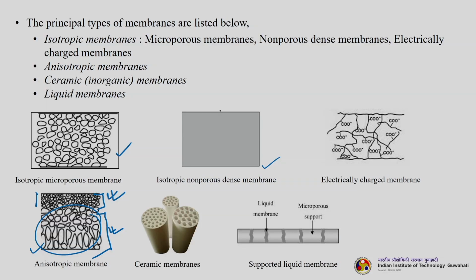Now, to enhance the membrane stability, the liquid membrane material is impregnated inside a solid porous membrane. This is a solid porous membrane, usually a microporous support, a microfiltration support, in which the pores are filled with the liquid membrane, and then the separation is done by the liquid membrane. The microporous membrane is only providing the mechanical support.